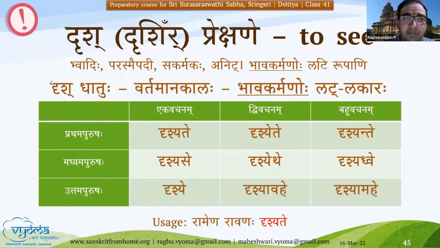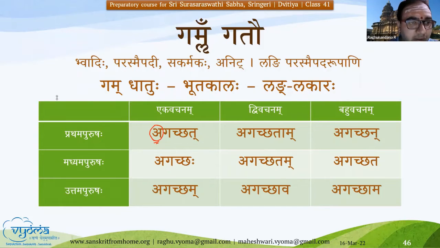There are some certain changes. For example, kru dhatu, karoti is there. When we use it in passive voice, it becomes kriyate. You may have the question, it will not be kru and then yakara added? But it will become kriyate. So for some of them it will be a bit different based on various other grammar rules. But the general thing is a yakara gets added and it becomes like an atmanepadi dhatu whenever we use it in passive voice. If you know this information, it's more than sufficient. Okay, we'll proceed further.